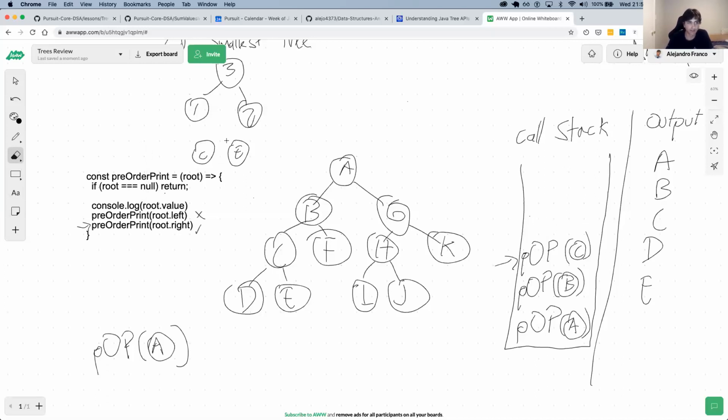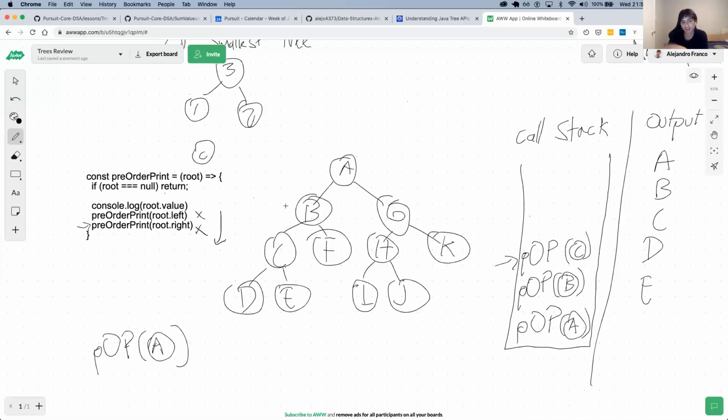Then we go back to this context on C, and we realize that the left finished, and now the right finished. The right was the E part. Now the function call for C finally finished. It reached the end. There are no more lines down here.